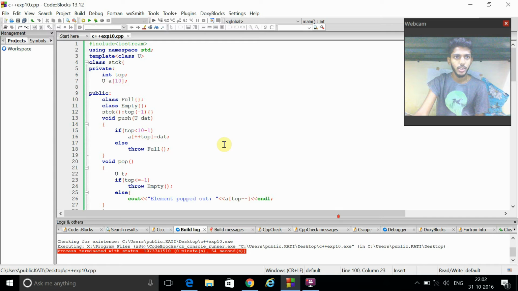For that I've made a program. Here it is: using namespace std, then template with class U, and the class name is stack. In the private section, the data is int top and U a[10]. It is an array named a, which can store up to 10 values. Then public,